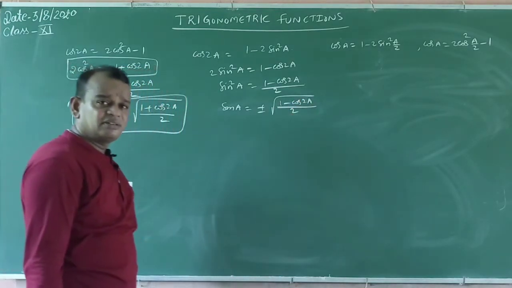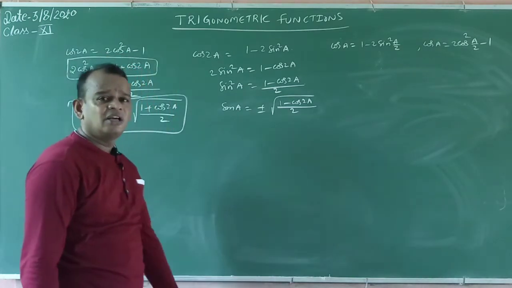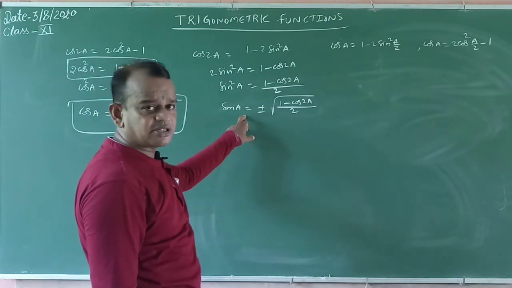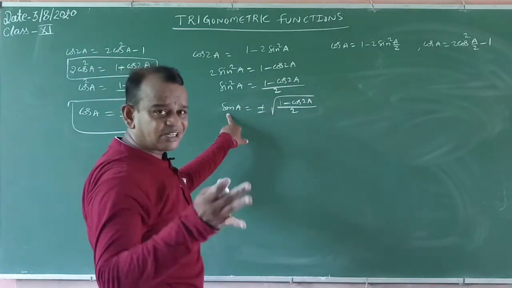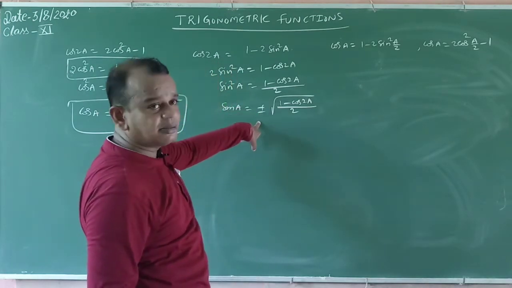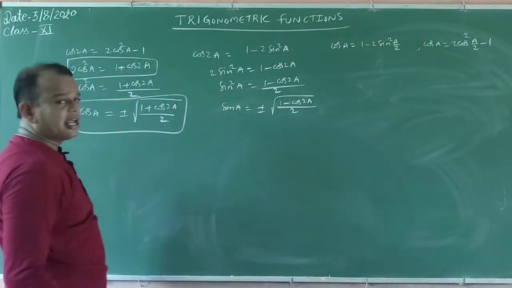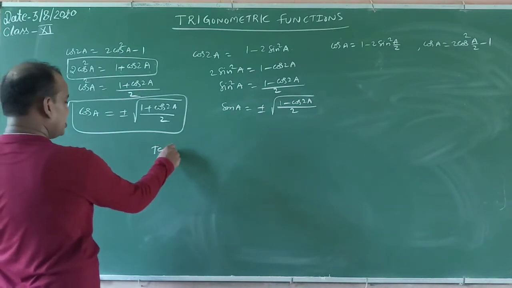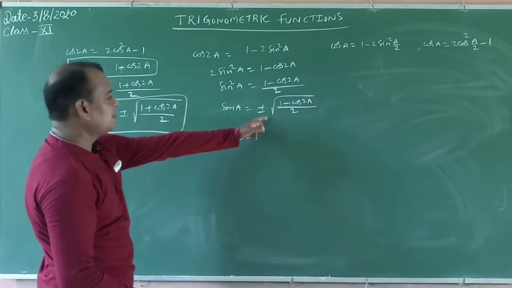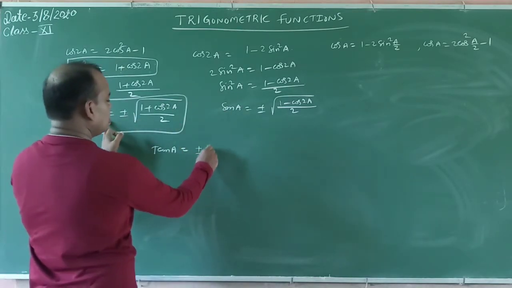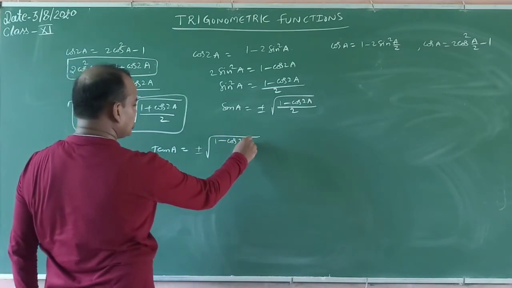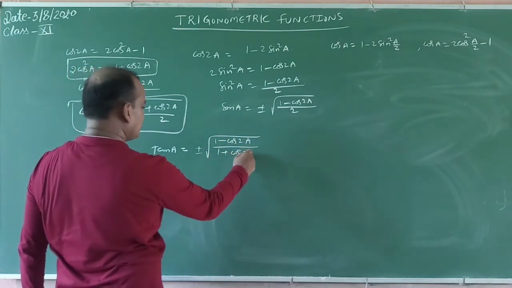You remember? These are very, very important formulas. Here also, we will take plus if the angle lies in the first and second, because sin is positive in the first and second coordinate, and sin is negative in the third and fourth coordinate. Depending on the angle A, we will take plus or minus. Sin A you have, cos A you have. Tan A is sin A by cos A, which is plus or minus root over 1 minus cos 2a by 1 plus cos 2a, as the 2 cancels. You remember this one.